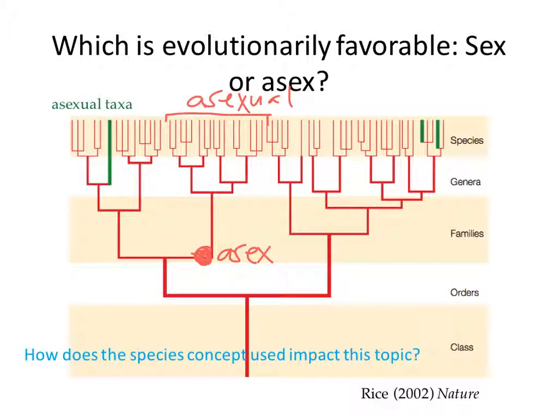That suggests there's something bad about being asexual. Maybe it's short-term beneficial, like we just discussed. Maybe in the short term it's useful, but when natural selection looks at it over the long term, clearly there's something that's ultimately a net detriment. There's a cost to being asexual.